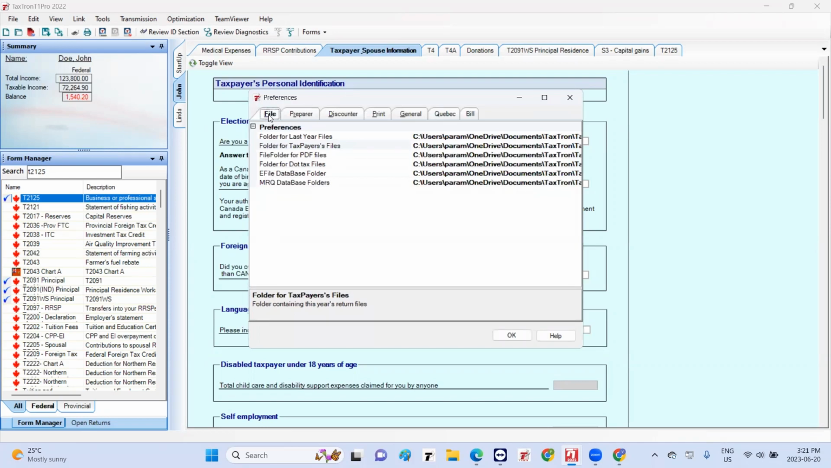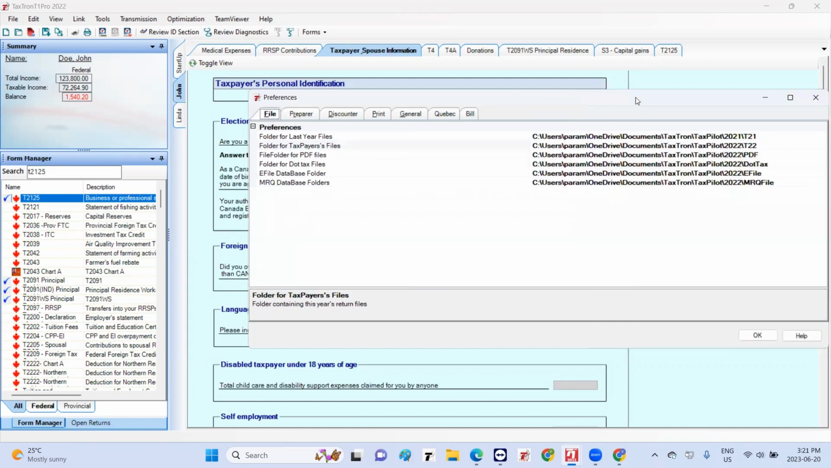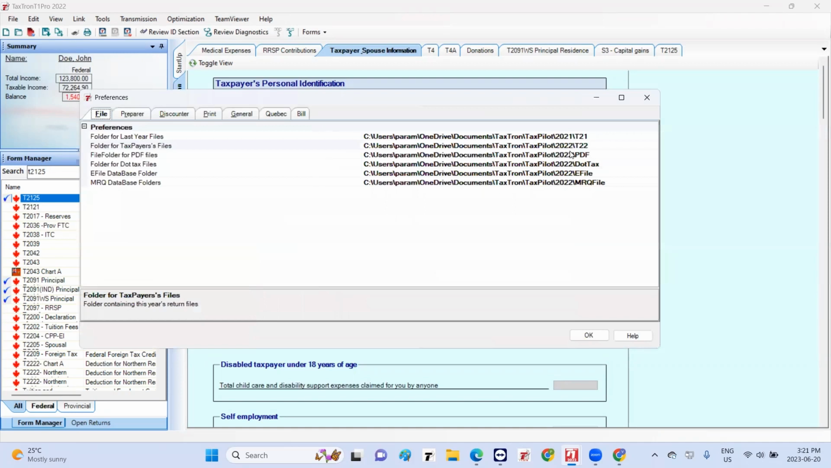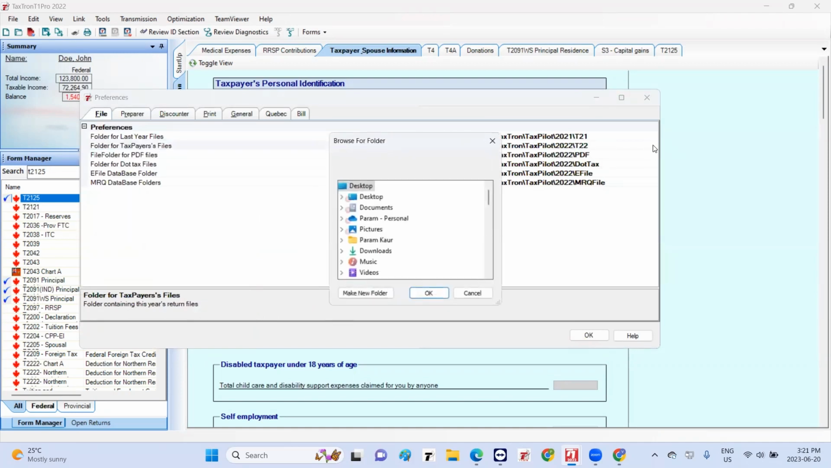Within the Preferences window, go to the File tab and locate where it says Folder for Taxpayers Files. You will see an icon with 3 dots beside the file address of your current file, Save Location for Tax Returns. Click on the icon with the 3 dots and choose the desired location where you want to save your